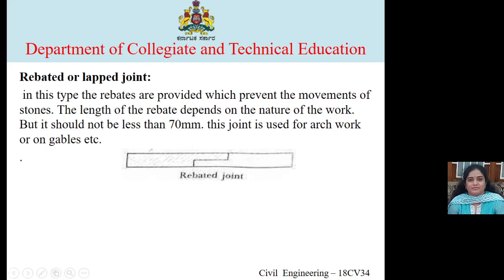This joint is used for archwork or on gables, so that the stones sit properly. Here it is shown a little longer, but this is done in between the two stones. It's called a lapped joint.